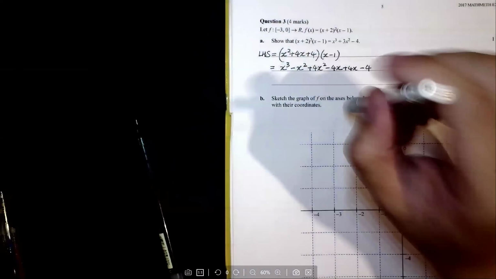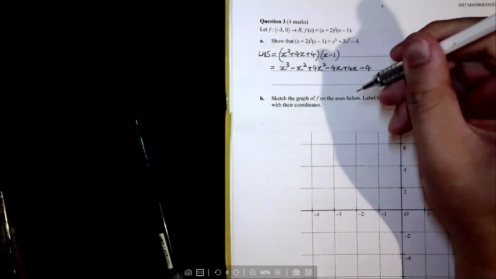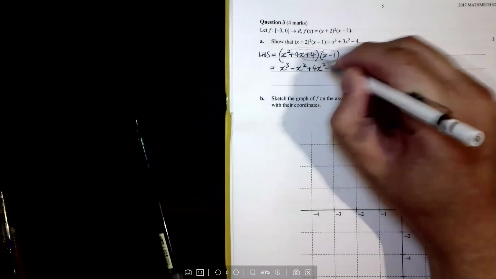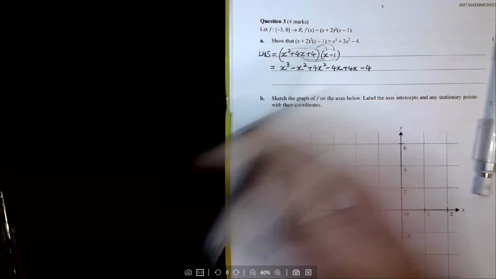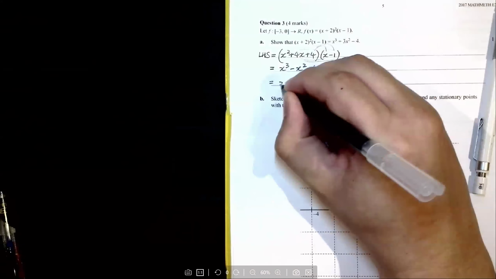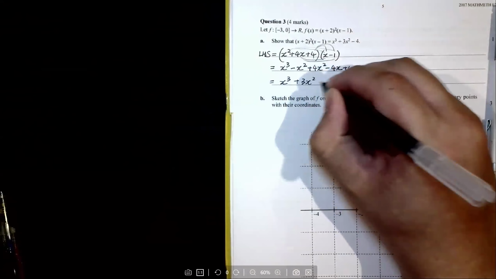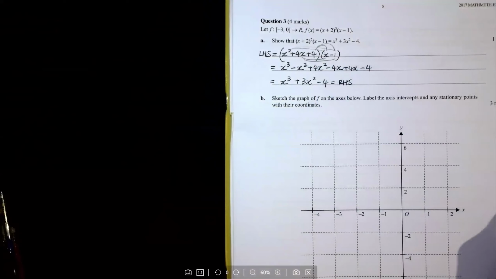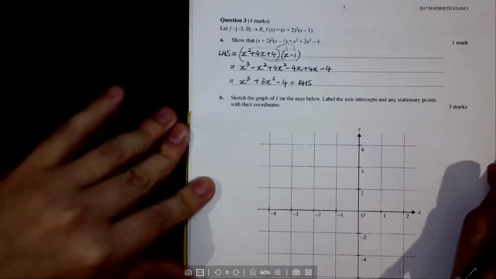Okay, something along this line. So it's like from inside to outside, from here to here. Here, here, here, here. Lastly, you have 6 terms. And to show this kind of simplification, so you get x to the power 3 plus 3x squared minus 4. That is equal to the right-hand side. I suppose that's for 1 mark, show that question. Of course, you could actually see,